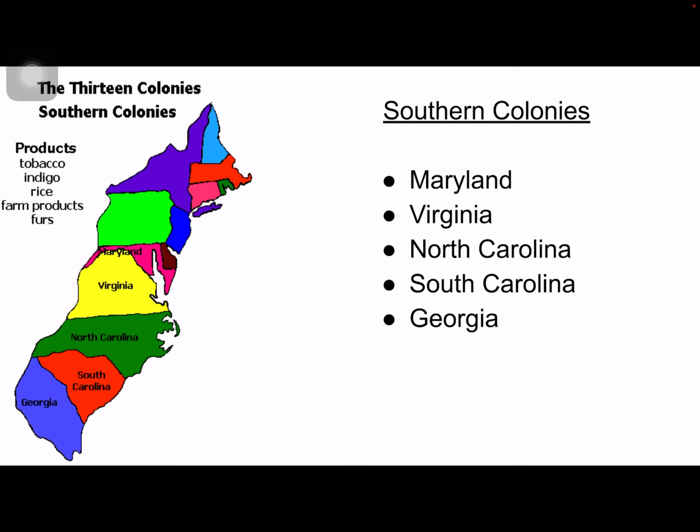Right? Here are the 13 colonies. Maryland, right? This is New York, this is Long Island, this is where we live. The southern colonies are made up of the states of Maryland, Virginia, North Carolina, South Carolina, and Georgia, right? Each one of these areas